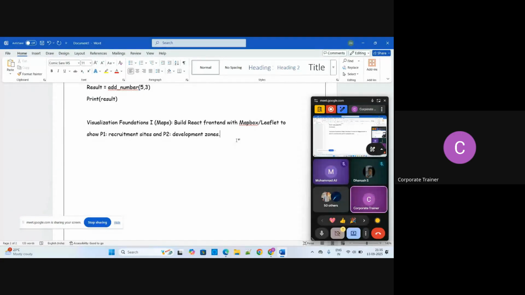So the main thing is that we have to know about the visualization foundation of the map, that is, building a React front end with Mapbox. Okay, I'll write it here so that you guys don't make the things hard.